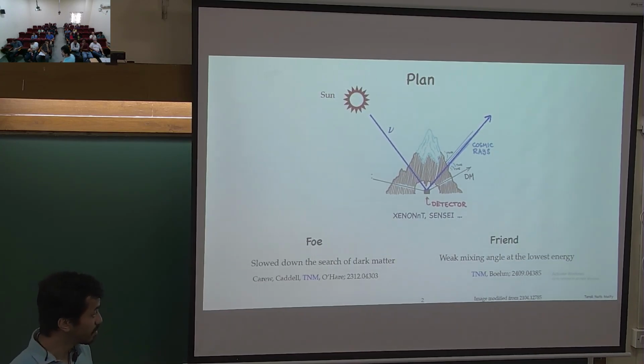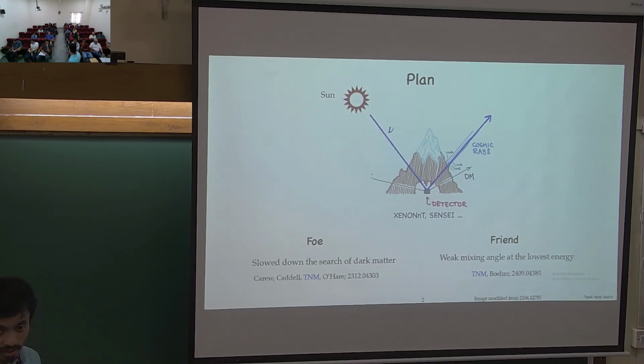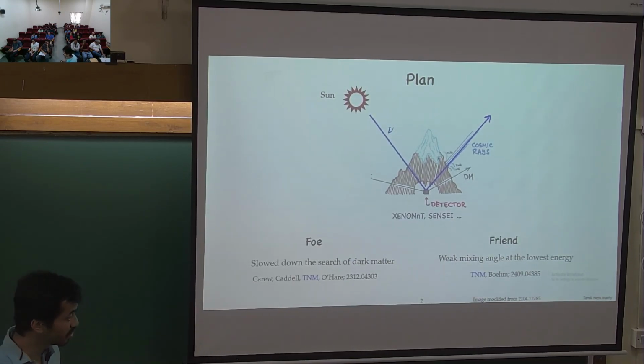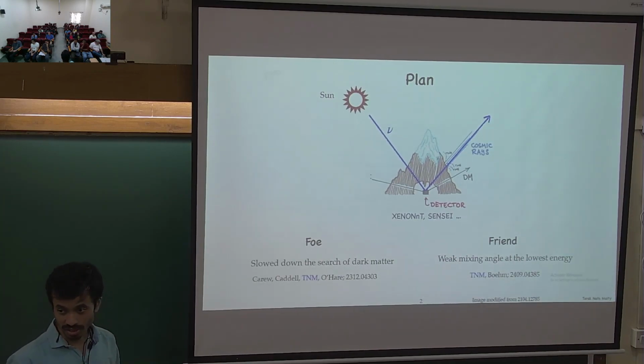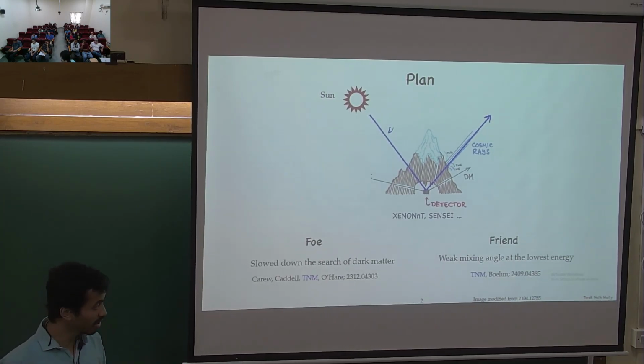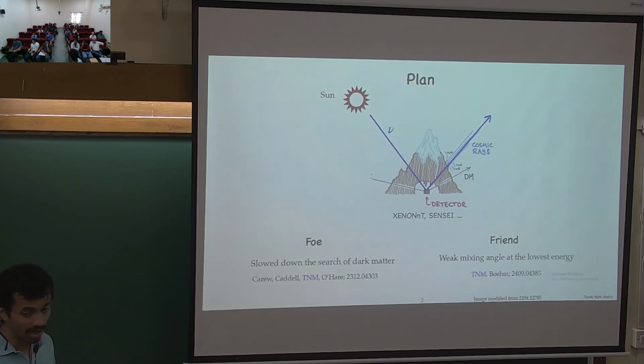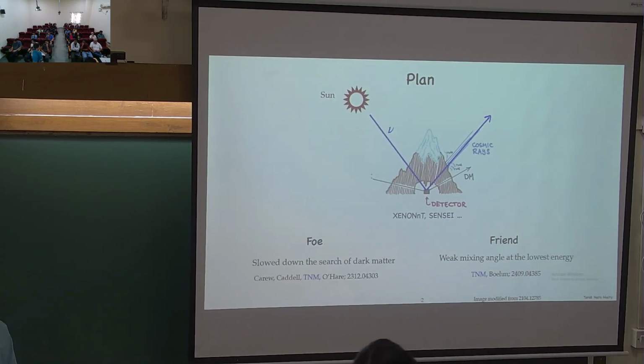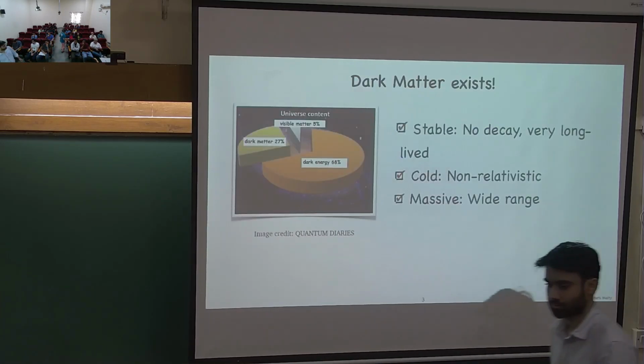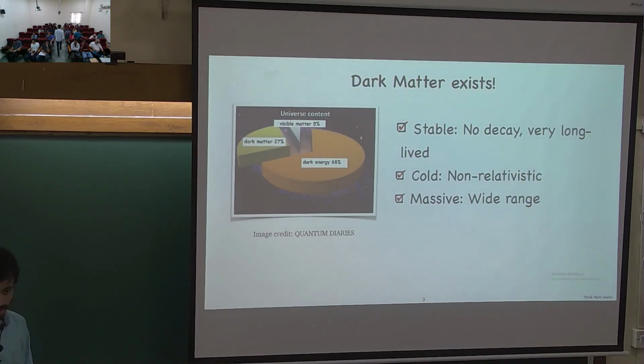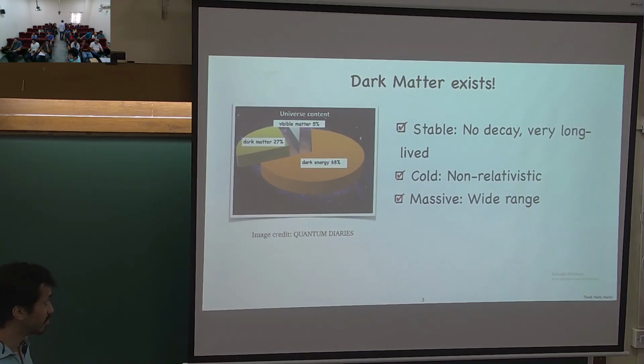In the latter part, what I am going to show you is that with current detection of neutrinos at direct detection experiments like XENONnT and PandaX, we could measure the weak mixing angle, perhaps at the lowest energy scale, utilizing neutrino electron scattering. So this is sort of a traditional side.